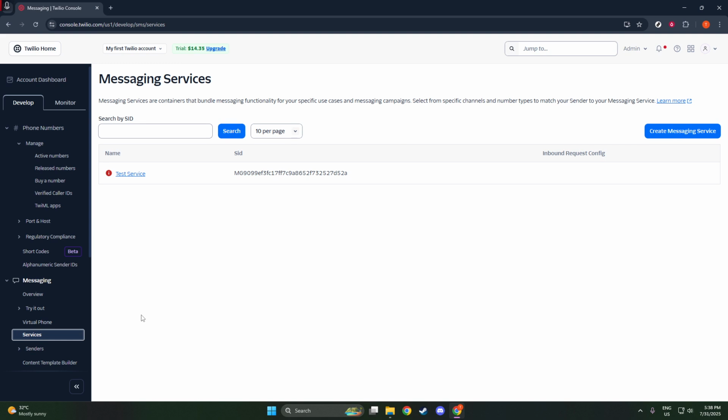Now, scroll through this list and identify the messaging service you are interested in working with. Once you've located the appropriate service, the next step is to click directly on its name. This action will take you to the details page for that specific messaging service. Here, Twilio provides a summary of settings and configurations related to that service, which makes it much easier to manage